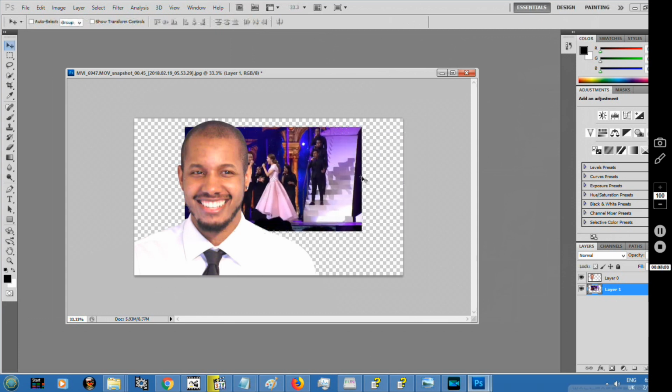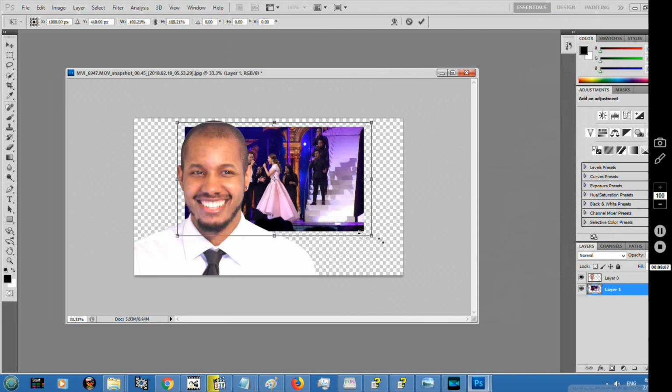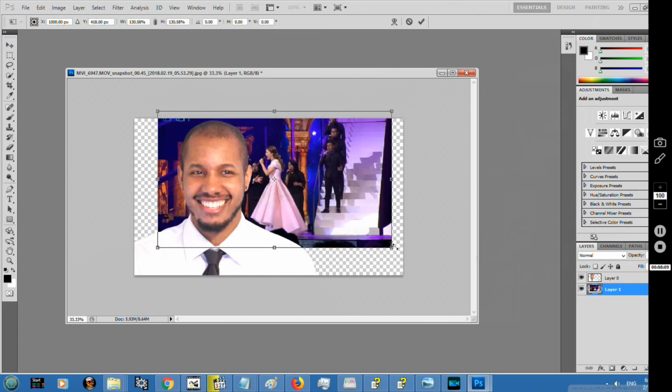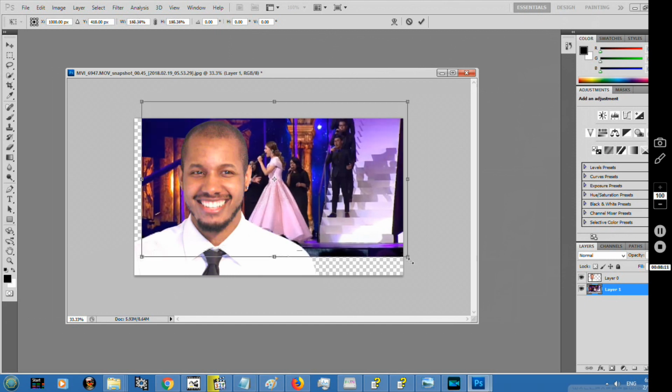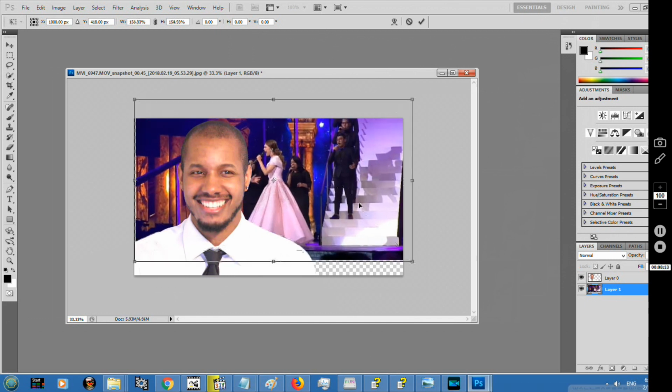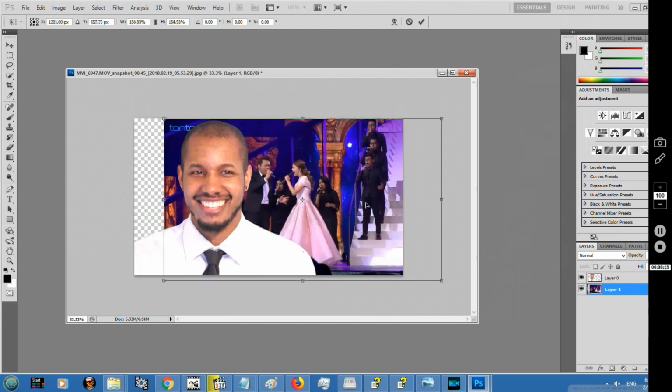So hold down Shift. Let me back it up a little bit. Control T and then Shift. That will keep the aspect of the picture perfectly. So we're gonna make this image bigger, move it around a little bit,